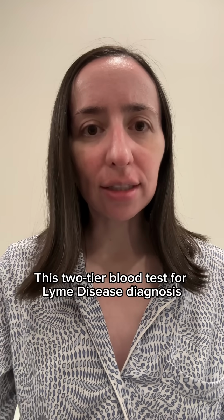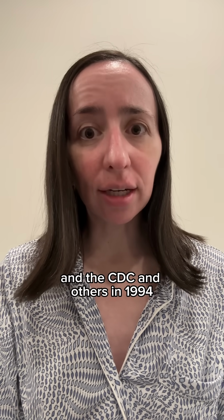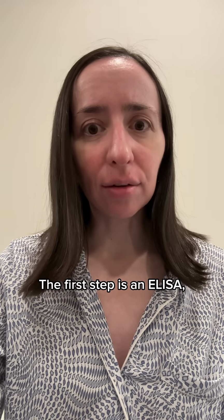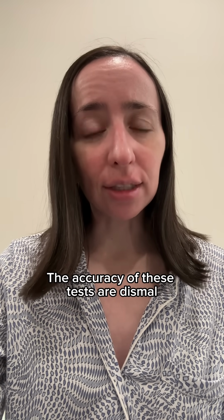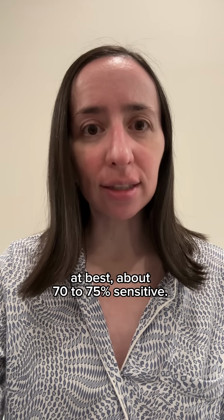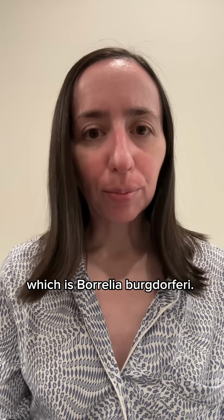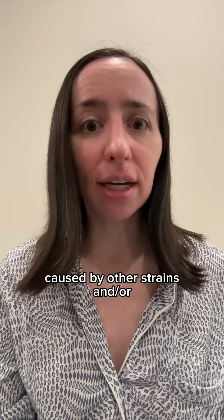This two-tier blood test for a Lyme disease diagnosis was developed by the Food and Drug Administration and the CDC and others in 1994 and adopted by the Infectious Diseases Society of America as a standard protocol. The first step is an ELISA, followed by an antibody test known as the Western blot. The accuracy of these tests is dismal because the first tier ELISA is at best about 70 to 75% sensitive. Many ELISA and Western blot Lyme disease tests are only equipped to detect one strain of one species of Borrelia, which is Borrelia burgdorferi. This means that those tests are missing infections caused by other strains and/or species of